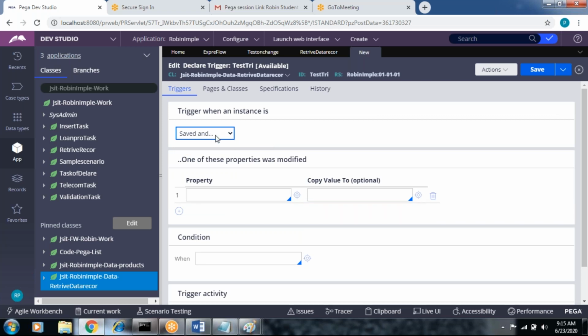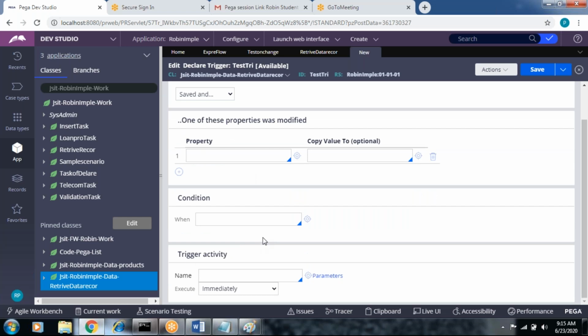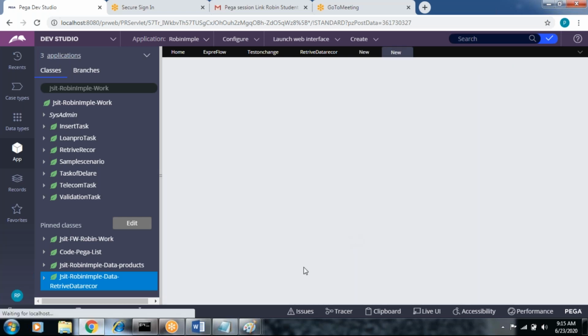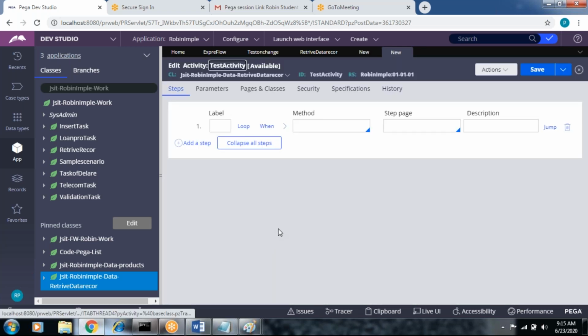One of the properties was the save condition. Don't ask the condition. Save the test activity, open this activity, create and open. I did not mention any pin code like that. I'm just going to create this activity for this class.